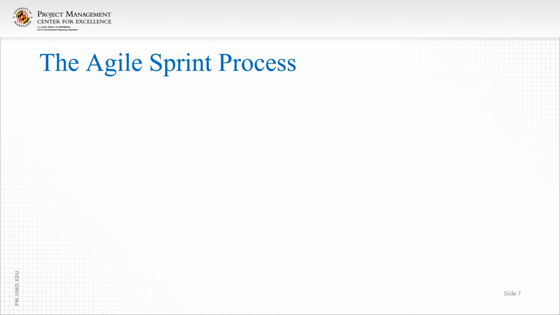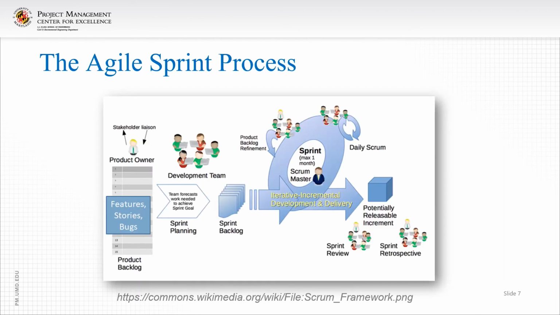So now that you understand the high-level difference between Agile, traditional, and lean, let's talk a little bit about the sprint process. There are really three parts. The first part of the sprint process comes with planning. So you have a product owner who's been working on a backlog, essentially a list of features, stories, and bugs. And at the very beginning of a sprint, which is a 2 to 4 week period of time to get work done, the development team will look at that list and they're going to look at the top of that list because it's going to be prioritized.